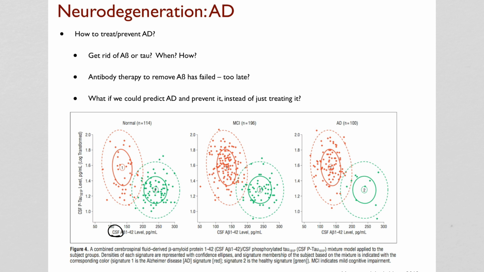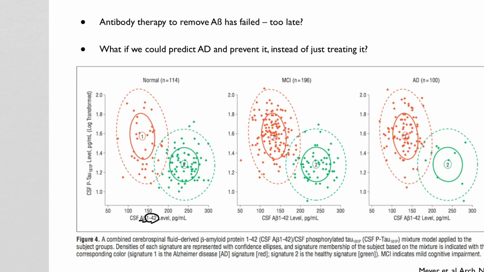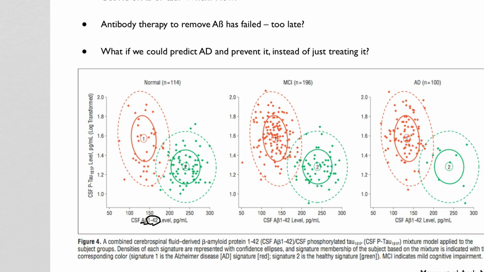And they measured a lot of different variables, and they followed these people over time for more than a decade to see who developed Alzheimer's, who developed MCI, mild cognitive impairment. That's sort of a precursor to what will likely become Alzheimer's eventually, but it's not diagnosable yet, and who remain normal. And what they found was if you measure amyloid levels, given as A beta, amyloid beta 1 to 42 is a specific variant of the amyloid peptide found in CSF, and you measure a particular version of